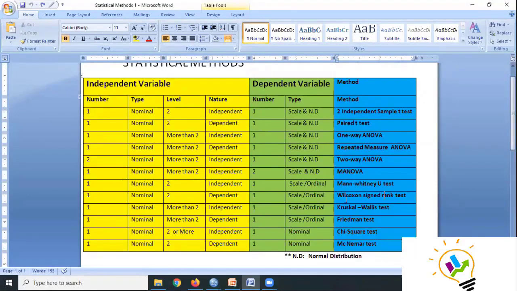Then what test are we using, madam? Wilcoxon signed rank test. Okay.